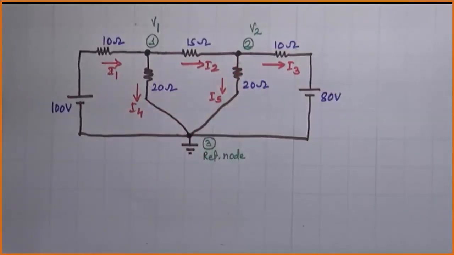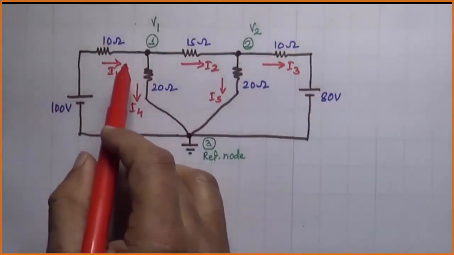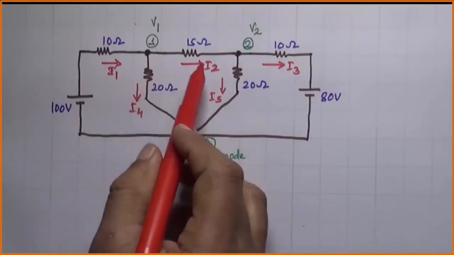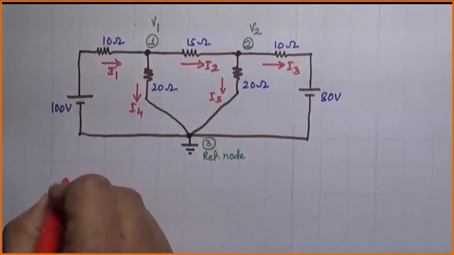According to Kirchhoff's current law, sum of incoming currents is equal to sum of outgoing currents at any junction or node. If we apply KCL to node 1, the incoming currents are I1 and outgoing currents are I2 and I4. Hence,